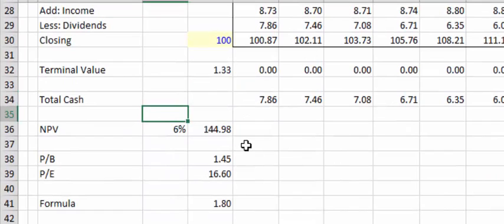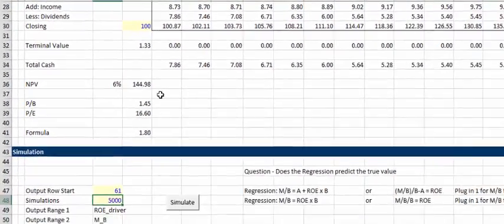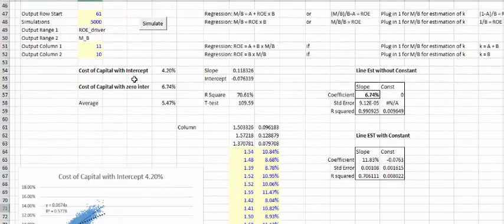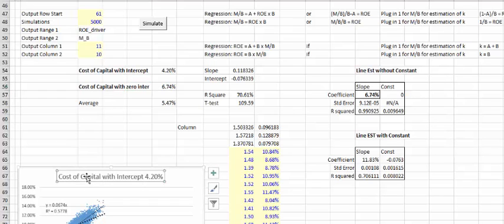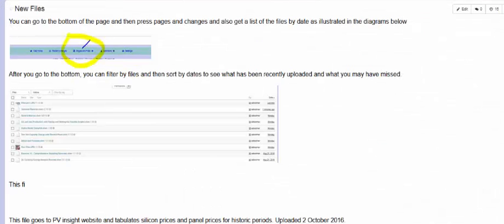And my conclusion at the end of the day is that this method is pretty good if you've got some data. It should certainly be used as a check, and you probably should use this one with a zero intercept. Okay, maybe you can do some more analysis of this, but between the two files I showed you,